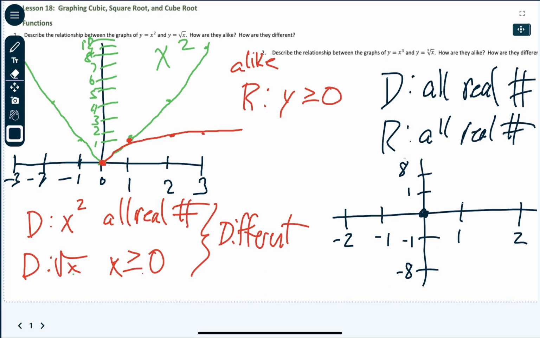What is 0 cubed? 0. What is 1 cubed? What is 2 cubed? 8. What is -1 cubed? What is -1 cubed? -1. What's -2 cubed? -8. So here